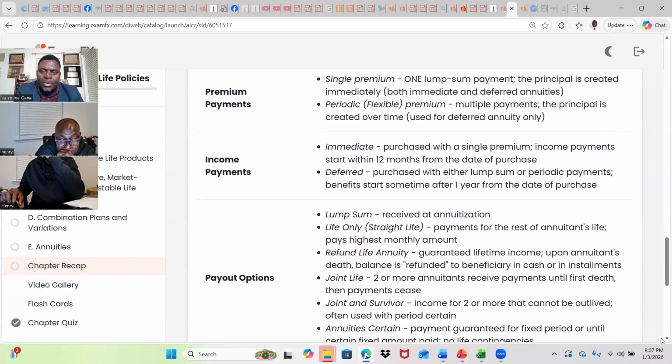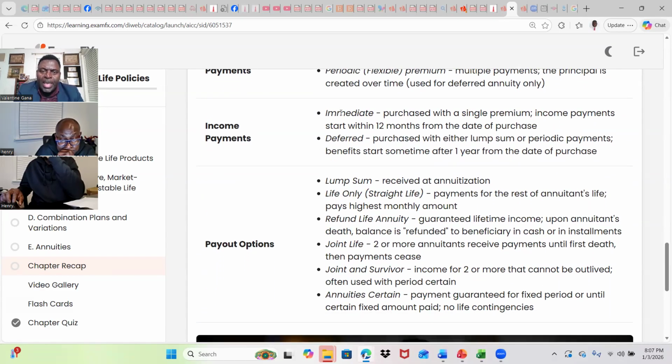Annuities can also be described as either immediate annuities or deferred annuities. For an immediate annuity, let's say you bring money from your 401k plan, you roll it into your annuity, and you start getting paid immediately. So you don't wait for 7 years, you don't wait for 5 years. You create that annuity, they start making yearly or monthly payments to you within the first year.